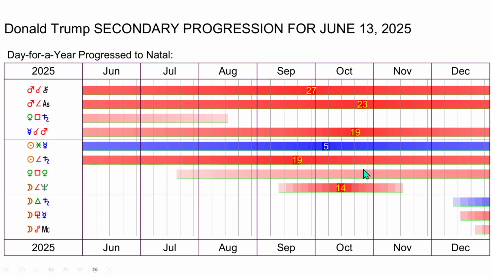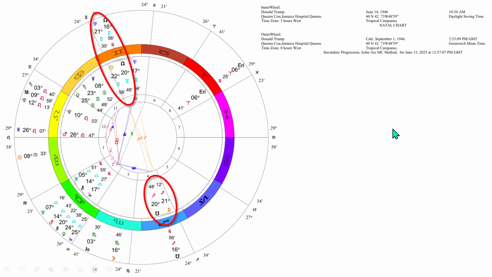Okay, so this is interesting. Keep an eye on Trump in the latter half of September and throughout October, because this is when these progress aspects become exact. And there may be a greater chance of certain things happening as we approach these dates. All right, if we look to see how this progress chart at the time of his solar return will affect his natal chart,